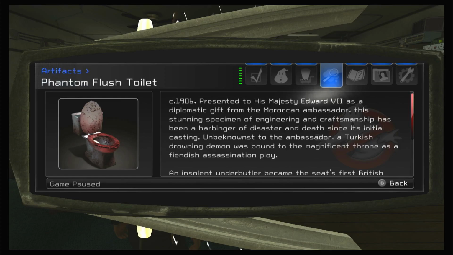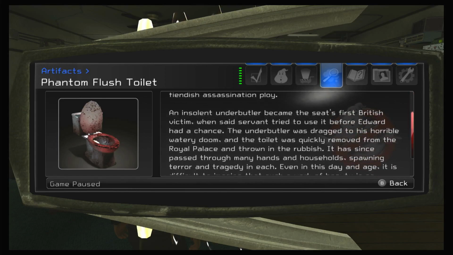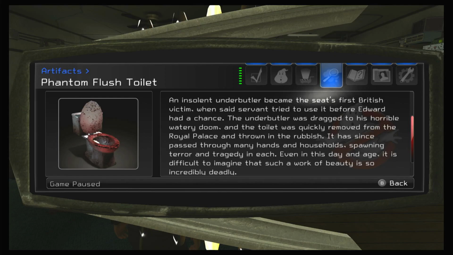The Phantom Flush Toilet, circa 1906, presented to His Majesty Edward VII as a diplomatic gift from the Moroccan ambassador. This stunning specimen of engineering and craftsmanship has been a harbinger of disaster and death since the initial casting. Unbeknownst to the ambassador, a Turkish drowning demon was bound to the magnificent throne as a fiendish assassination ploy. An insolent under-butler became the seat's first British victim. When the servant tried to use it before Edward had a chance, the under-butler was quickly dragged to his horrible watery